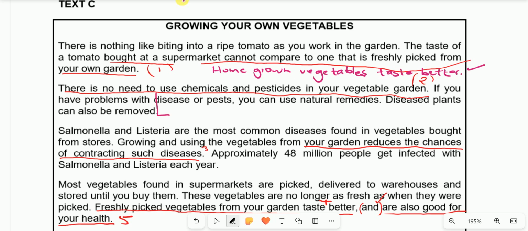You can say a vegetable garden does not require the use of chemicals and pesticides. So we say, can you see what I've done? I'm starting with the object. So here I'm playing around with word order, right? To say vegetable garden